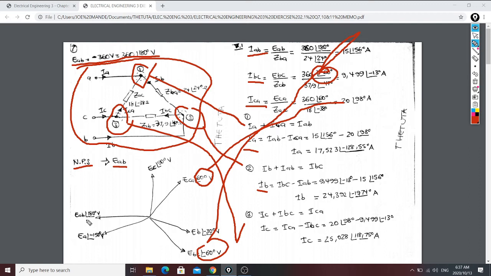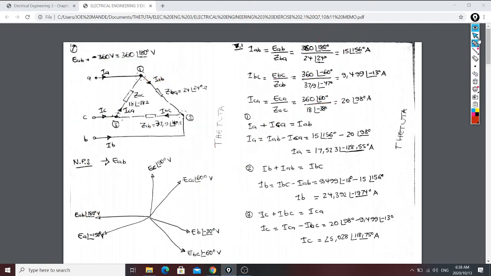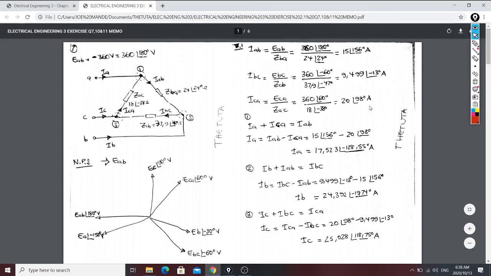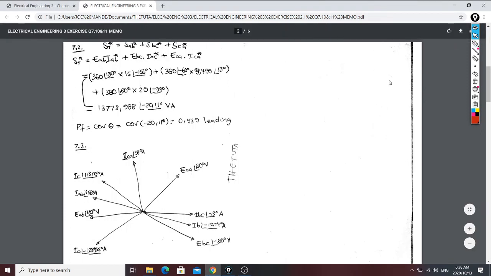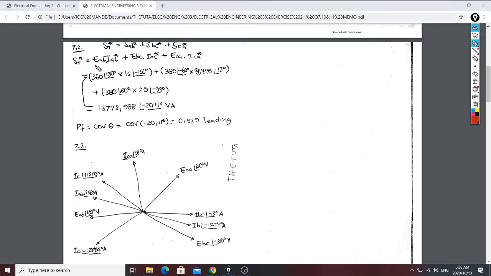You take for AB, therefore if you come here, you substitute as well. So that's basically the idea. And then once we have done, from our previous video, we have explained already how to do the calculation of our power of a delta load. Therefore you do the calculation for the first impedance AB, the impedance BC, the impedance CA, and this will be our total complex power. Then you take the angle of the complex power, you substitute here to get your power factor.